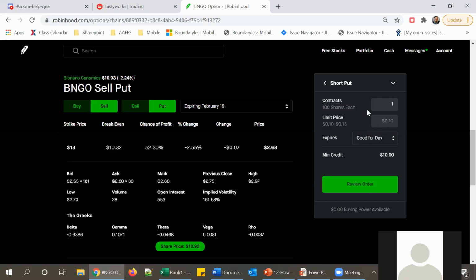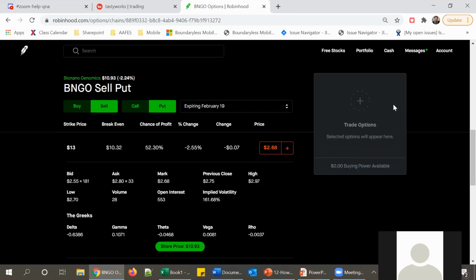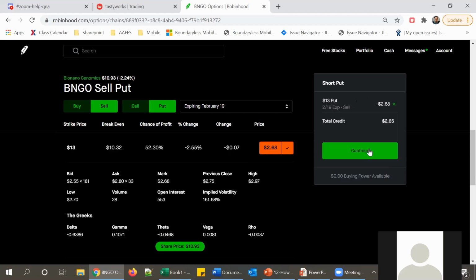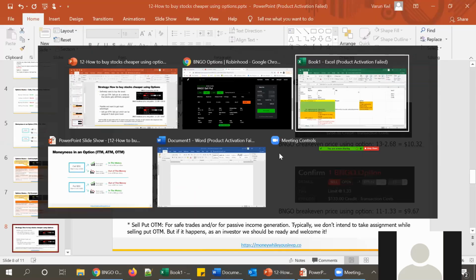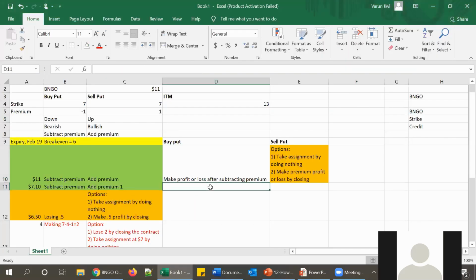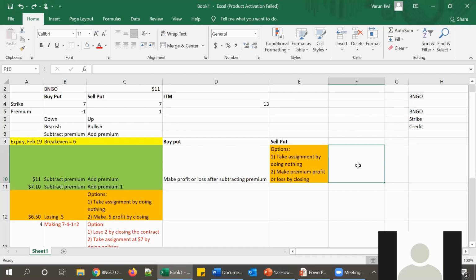So at $13, I am making a credit of $2.68 as a seller. Okay, so let's calculate this. Let me put this here. So for a seller,